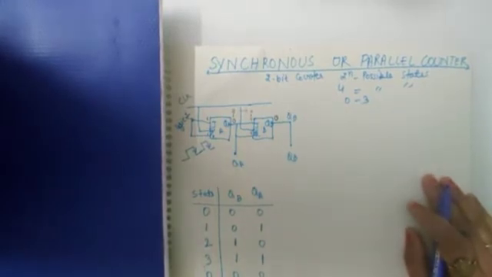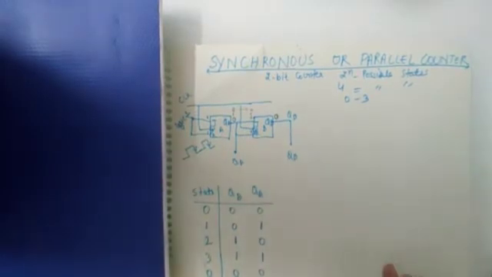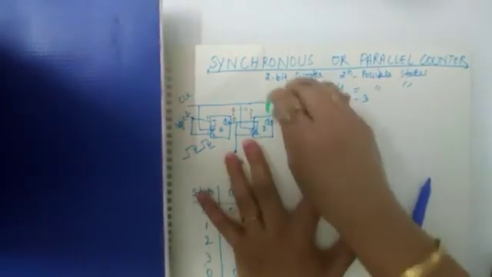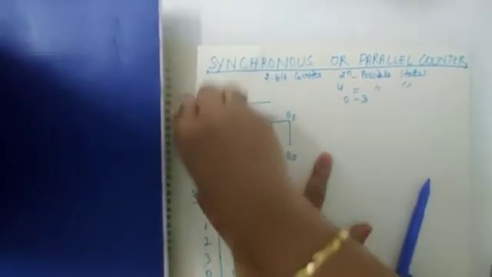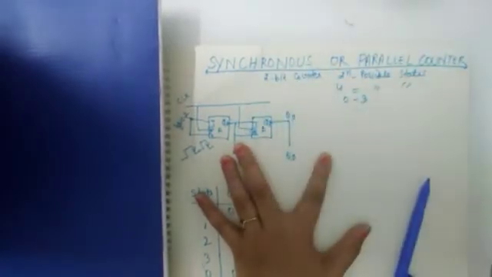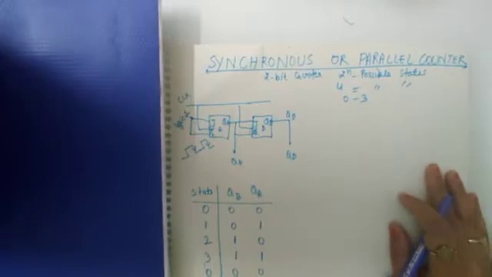So what I want to explain with this diagram is that the counting remains in the same manner with the toggling action, but the main important factor in the synchronous counter is the propagation delay. So I just want to explain what the propagation delay is, and the effect of the propagation delay in a synchronous counter, which you can see with the help of taking more